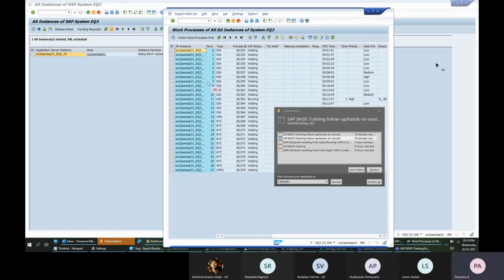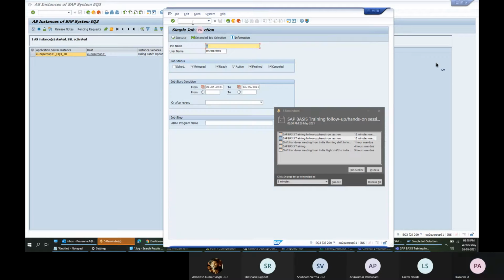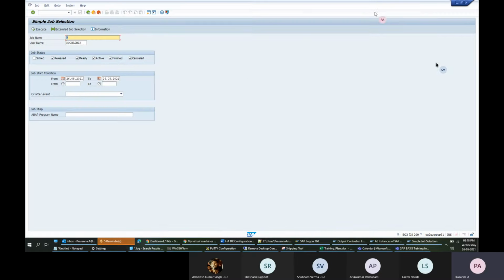So this is how you navigate within SAP. SM51, SM66, these are T codes. This is how you give input. If you want to search for a particular job name and give star, it will list everything.